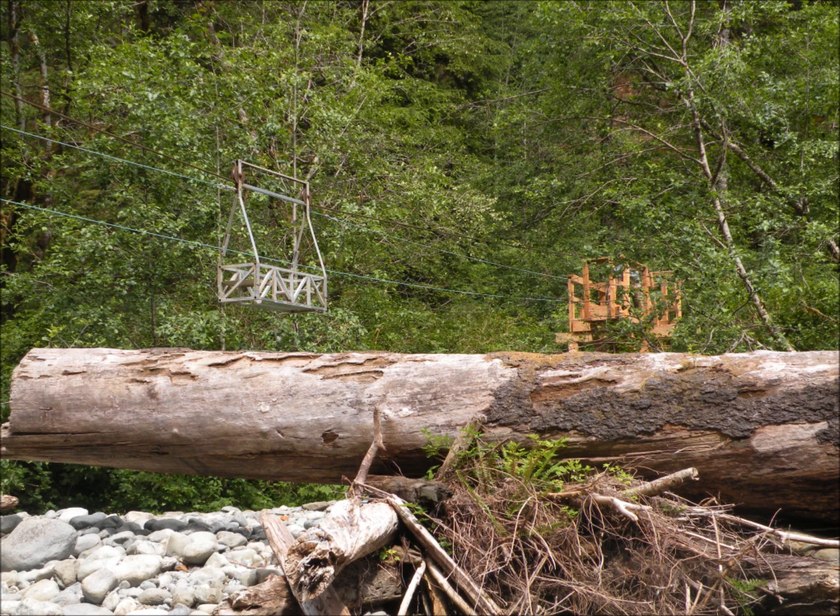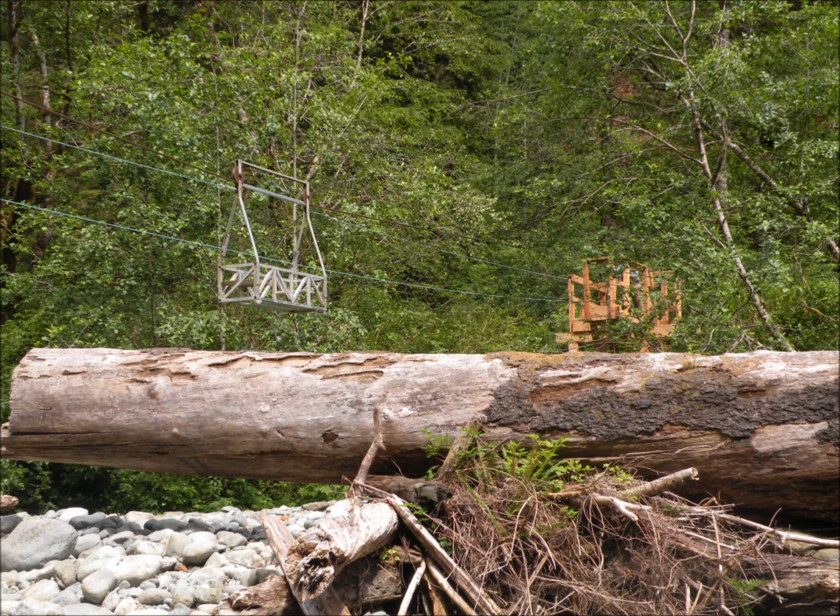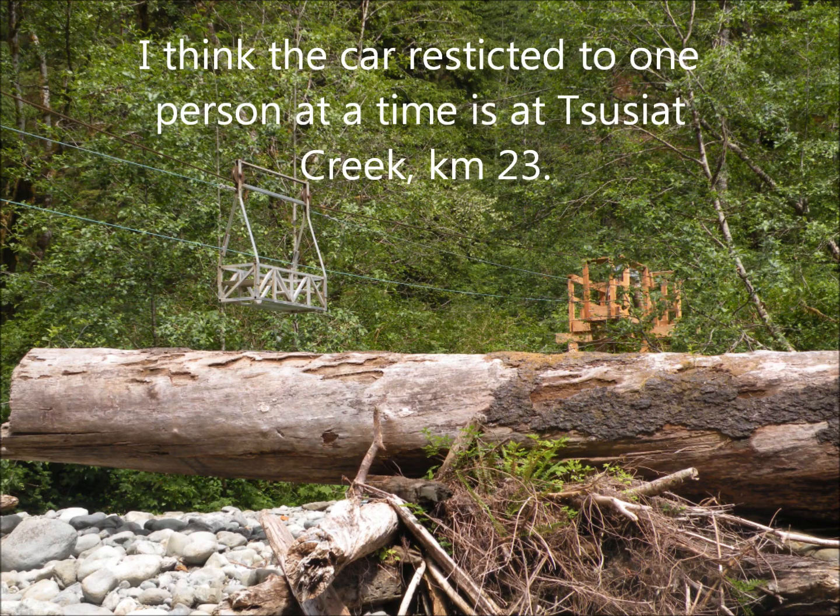So we camped at Campers Creek, 62 kilometers in for our first night. That was also the first time we used a cable car right before the camp. When I first heard there were cable cars, I was envisioning something tourists use to go up mountains, but the cable cars on the trail are big enough for only 2 people and their packs, are not enclosed, and are completely human-powered. One cable car is also restricted to 1 person at a time because if 2 people go, it's too heavy to pull up to the far